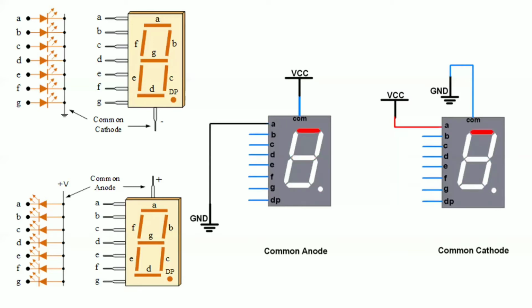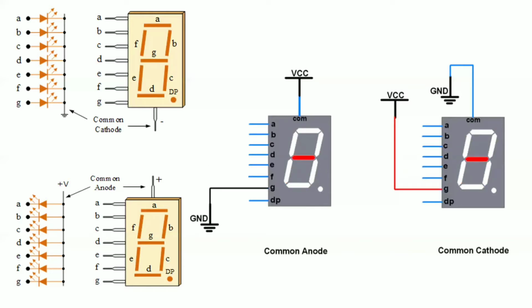Whenever you want to use that LED, you can use it. It is optional; many times you are not using it, and sometimes you can use that DP. So actually the 7-segment display consists of a total of 8 LEDs. If you omit the DP, then it becomes your 7 LEDs. Right now you understood, right?